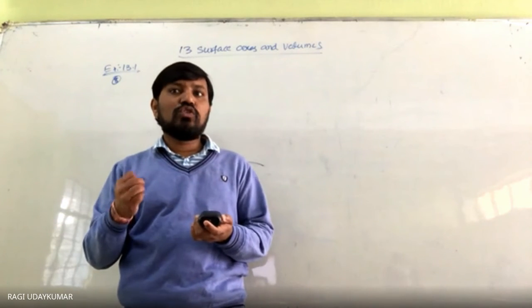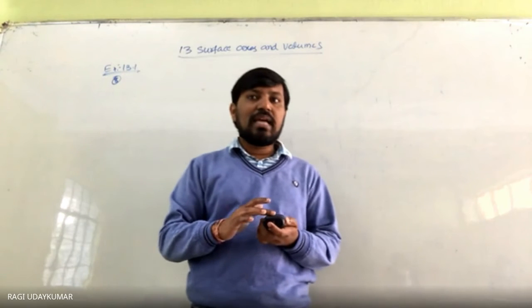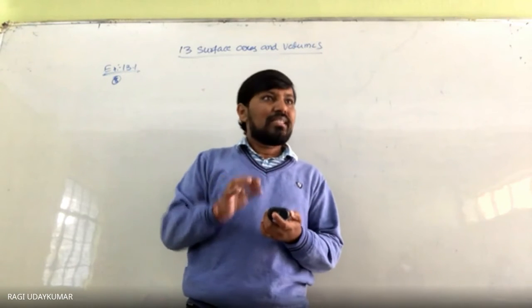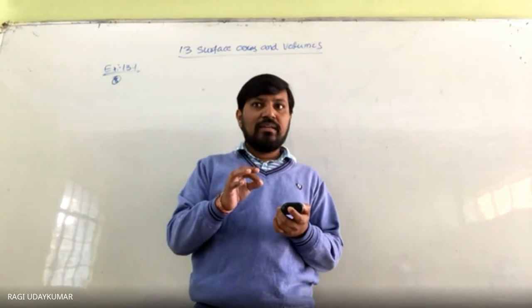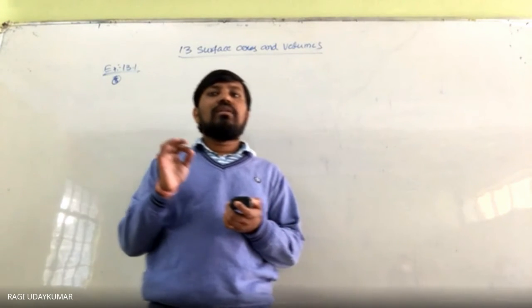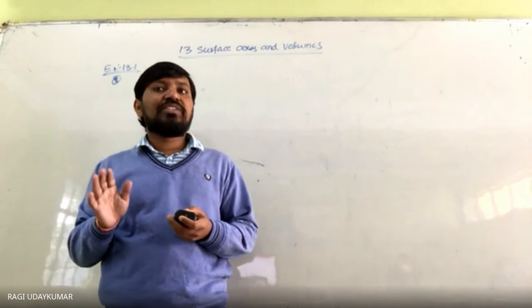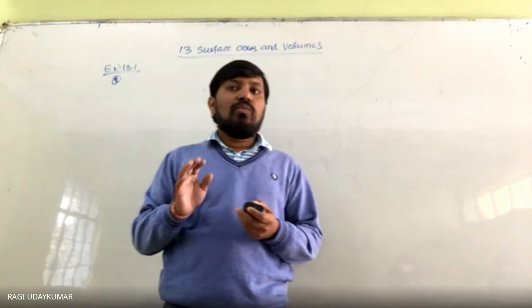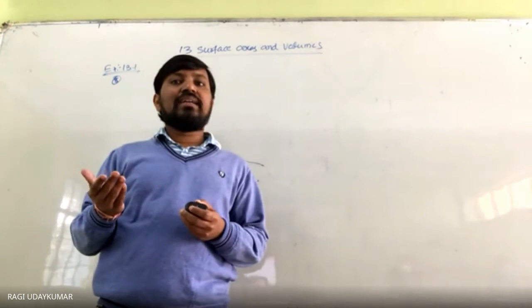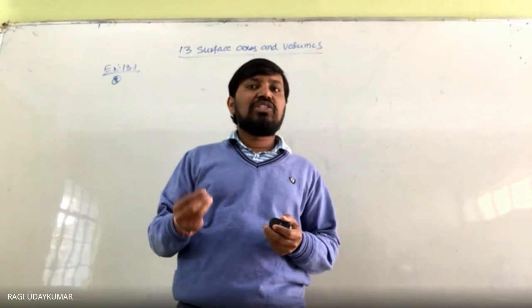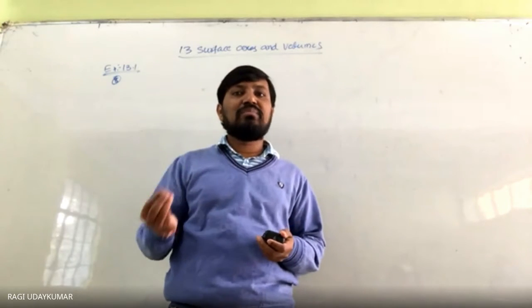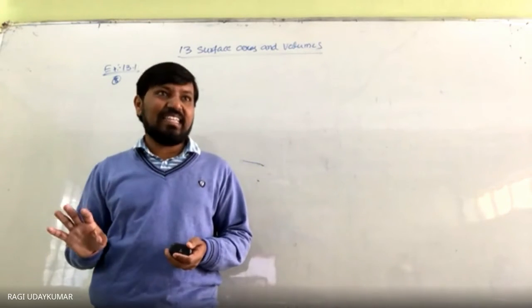Assuming that the stitching margin is very small, the margin needed to stitch the cloth is very small and therefore negligible, so how much tarpaulin would be required to make the shelter of height 2.5 meters with base dimensions of 4 meters and 3 meters? Very simple, nothing is there in this.